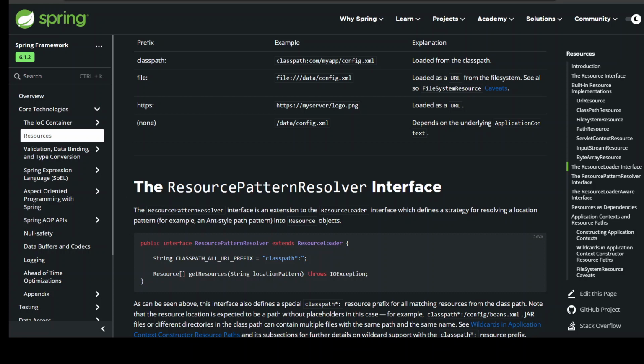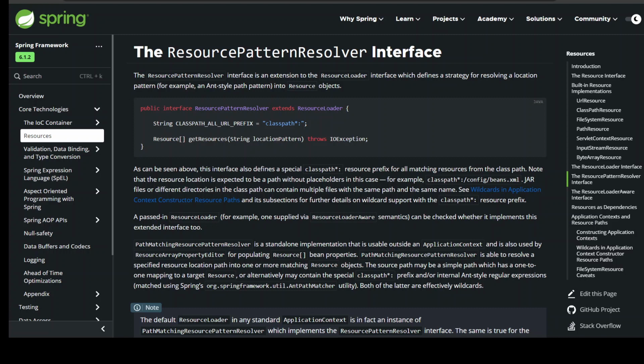The ResourcePatternResolver Interface. The ResourcePatternResolver interface is an extension to the ResourceLoader interface which defines a strategy for resolving a location pattern, for example, an Ant-style path pattern, into Resource objects. public interface ResourcePatternResolver extends ResourceLoader { String CLASSPATH_ALL_URL_PREFIX = "classpath*:"; Resource[] getResources(String locationPattern) throws IOException; }